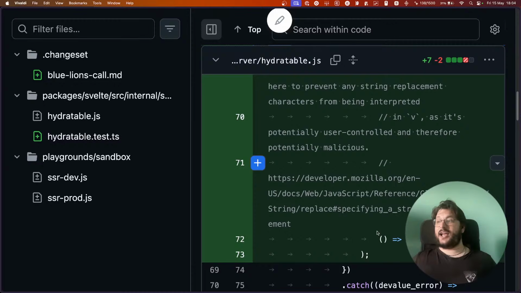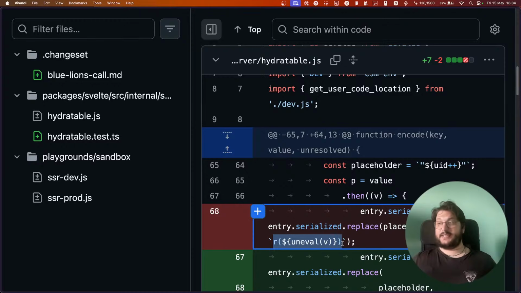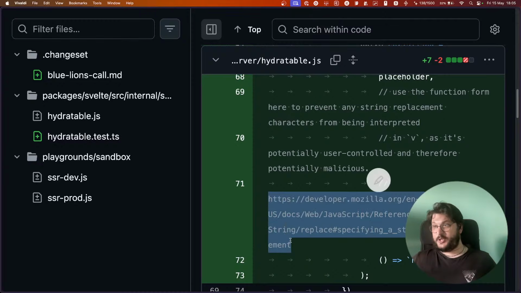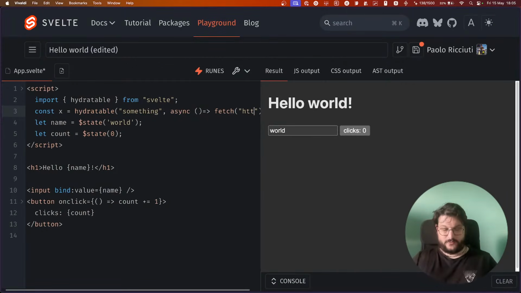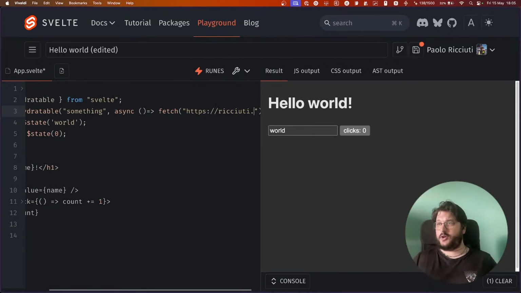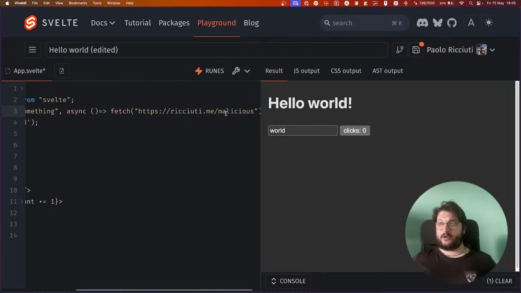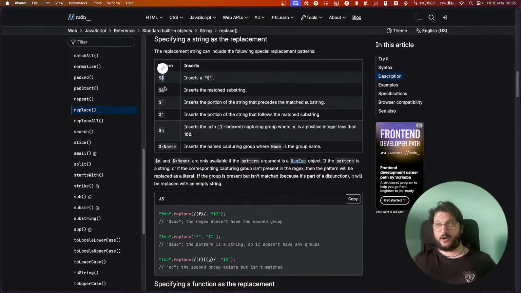But given that we were just using this string, the security vulnerability is that V could be user controlled, and a user could have snuck in some replacement characters. So let's say that you fetch from richuti.me/malicious, and that returns something with these replacement characters in it.